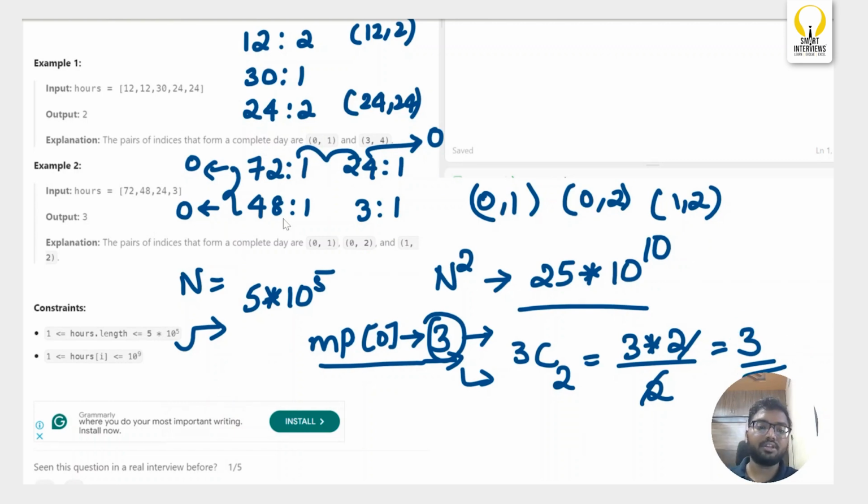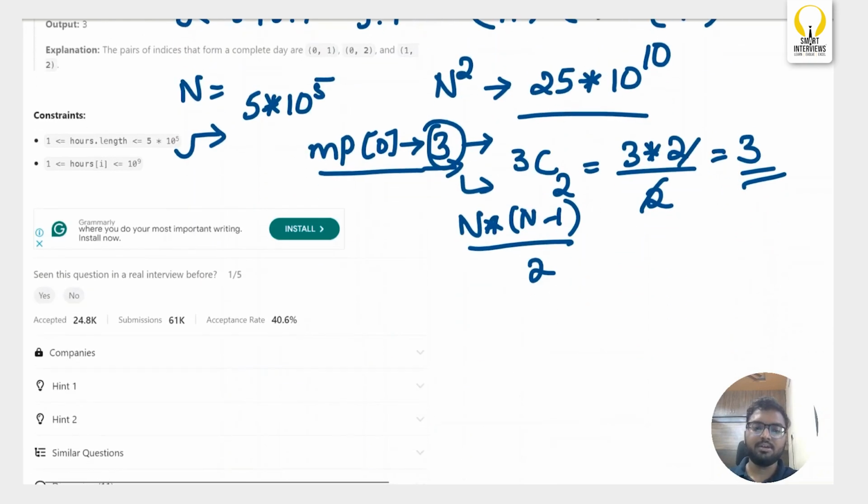So basically when you are having modulus as 0, that means you already have the modulus as 0. You'll just take the count and do n into n minus 1 by 2, add that answer to your counter variable, and at last you'll be returning that. Before that,